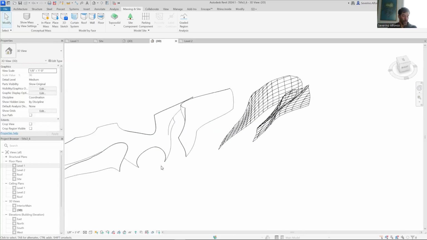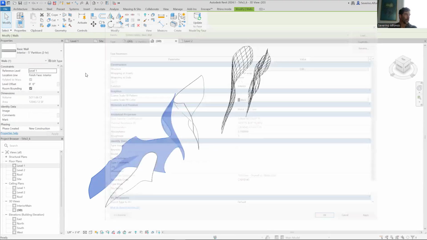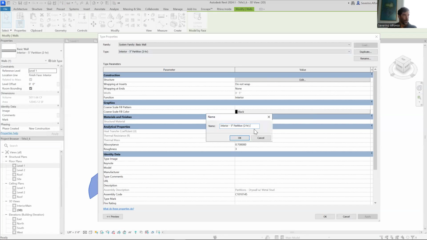So we could change potentially the type of wall because we want to assign different materials to this that we will be looking at afterwards for rendering. The ideal scenario is that these walls are unique to your project. So you could say edit type and do not modify the standards. So you might want to say duplicate and call it something like interior partition project beam, and then say okay,